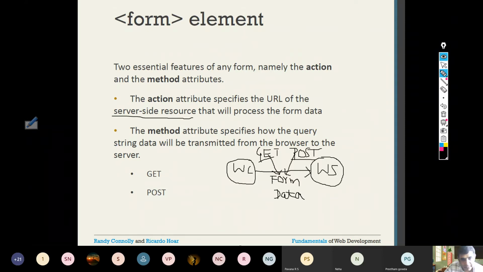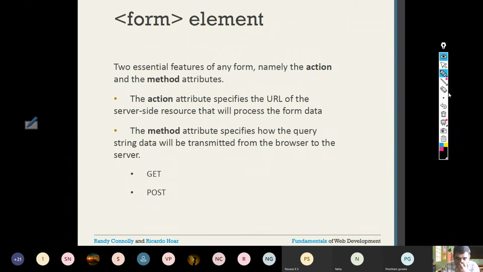Okay. So method, that means if you say method is equal to get, I can write something like this: method is equal to get. What does it say? If method is equal to get, it says that to transfer the form data, use the get method. If you give method is equal to post, you use the post method to transfer data from client to server.